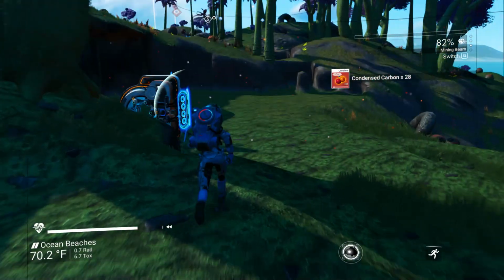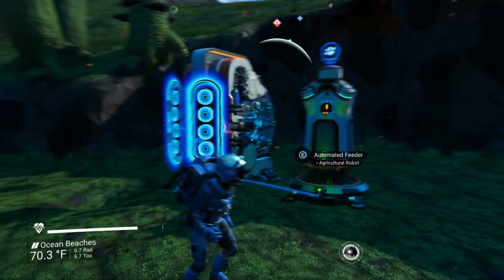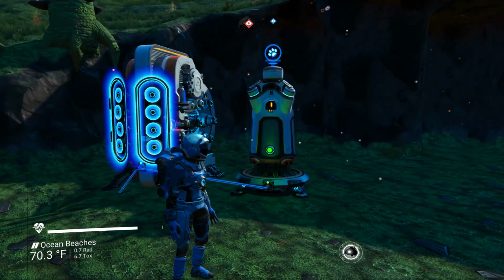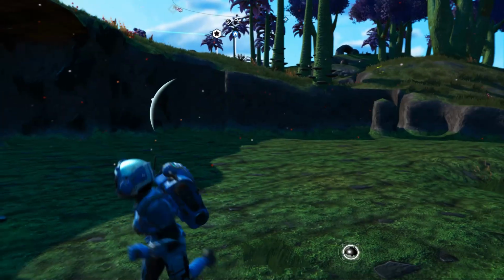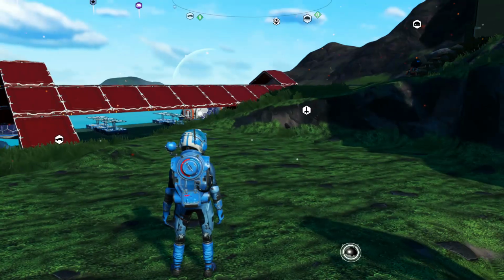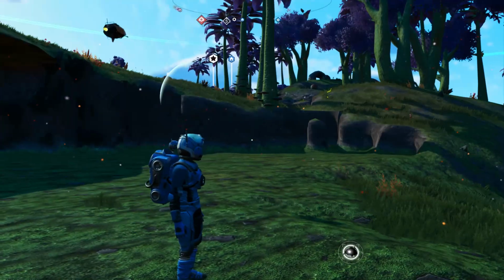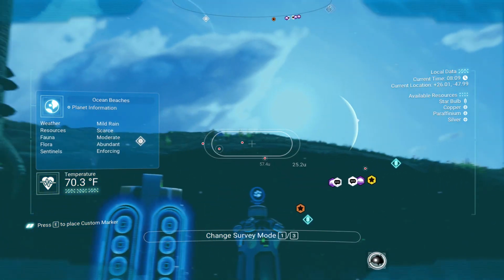This isn't working. I flattened this area out to feed animals here, but it's not working, I think because the little critters can't actually get down here. So I fed them and I didn't get any honey. So I might have to...